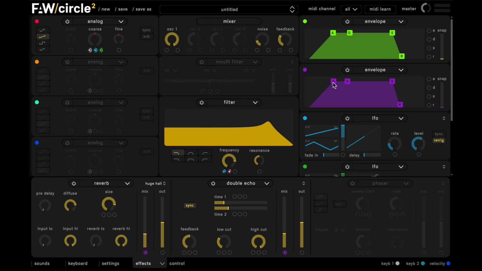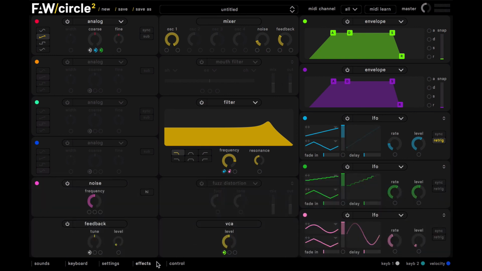Okay, so that's sounding like a really nice synth now, and that would be really useful in building tension in